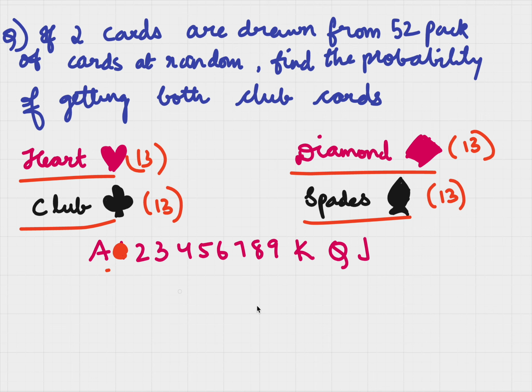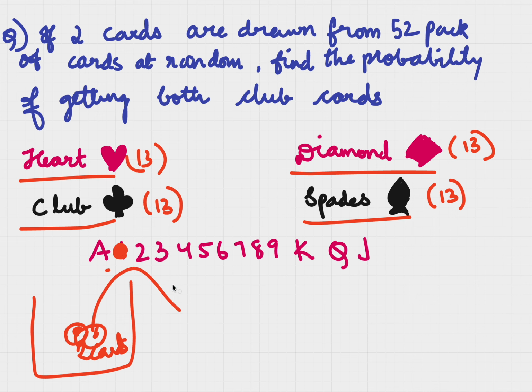We are selecting two cards. Even though you don't understand permutations and combinations now, I can tell you in an easy way. Now we are selecting two cards from this entire set of cards. Imagine you just have a box of cards and you are selecting two cards and picking them up. So when you are doing this in these 52 cards, we denote it as 52C2.